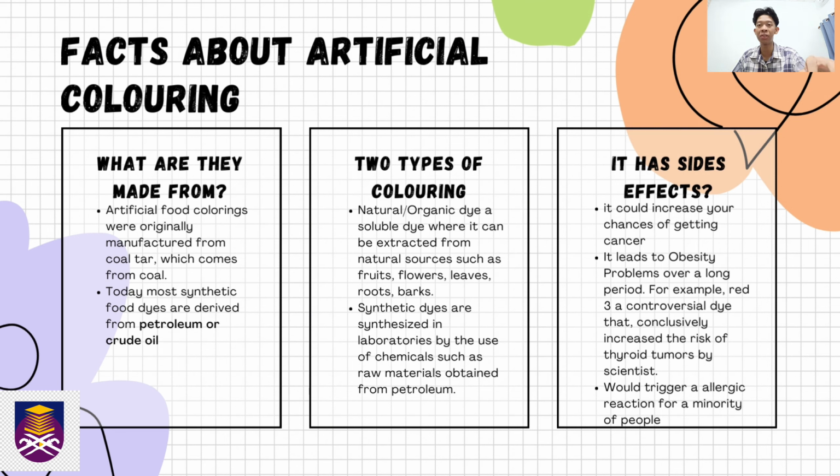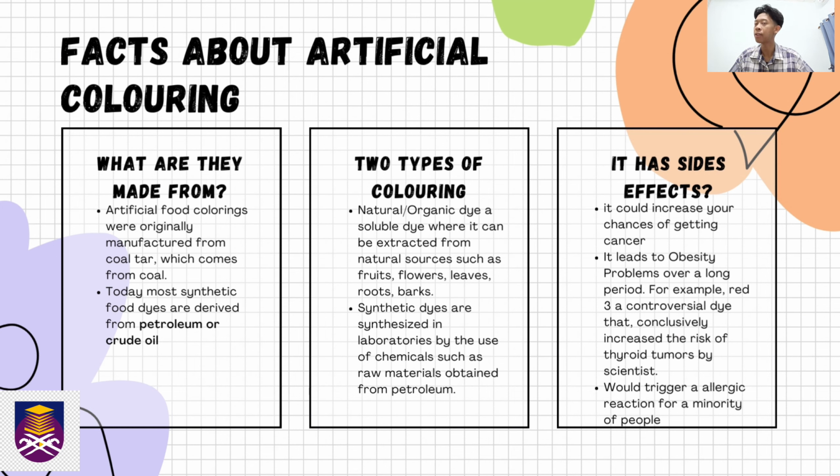First are the natural/organic dyes, which are soluble dyes that can be extracted from natural sources such as fruits, flowers, leaves, roots, barks, and many more that are organic related. The synthetic dyes are synthesized in a laboratory by the use of chemicals, such as raw materials obtained from petroleum, but they use the natural types of coloring as a reference to create a new color,